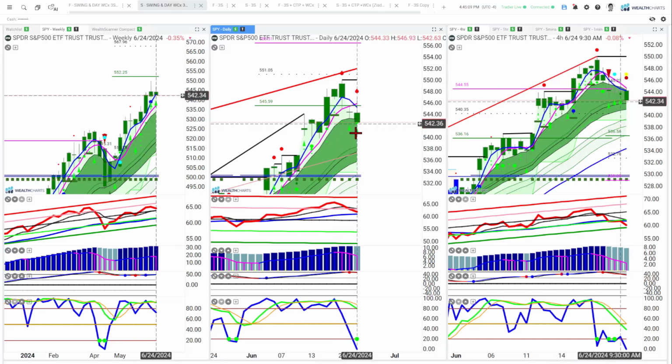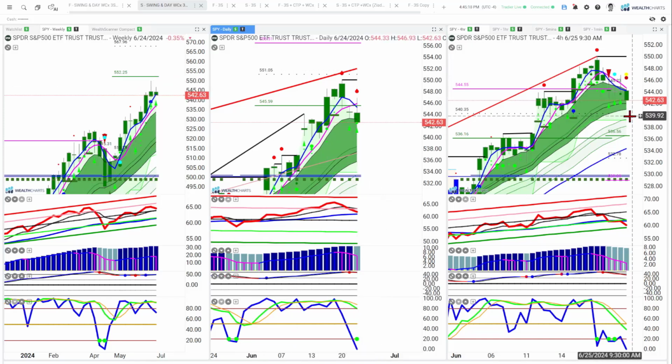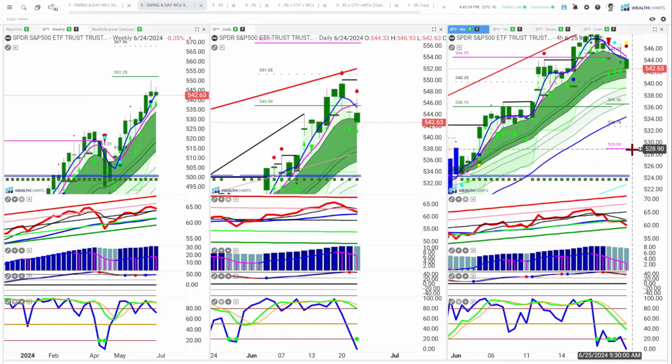Now, this comes as well with the Spike 2.0 tool telling us that we've got a partial retrace back up, still likely. But the down is not done according to the 4-hour chart that really is casting its signal closer to now and telling us that we've got some downside risk that could take the SPY down to a target 1 from the TRP toolkit, 536-ish area, the midline target, the 533-ish area, or the target 2, 529-ish area. Once that hot air is out, the expectation would be for a bounce up.